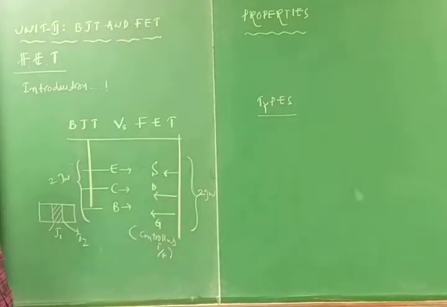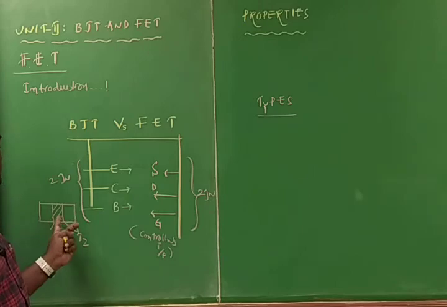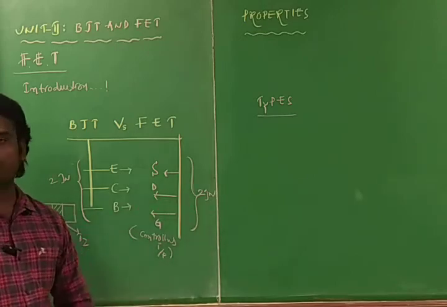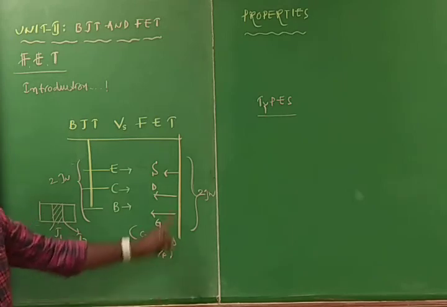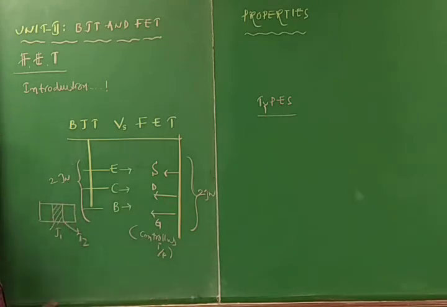Second point is that the BJT has two junctions, and these two junctions are connected back to back with the layer that is the base, whereas in the FET these two are not connected back to back, so they are isolated from each other. And one more important thing: the emitter base junction must be connected in forward bias and the collector base junction must be connected in reverse bias. That means the input is connected in forward bias so that it offers very little resistance.